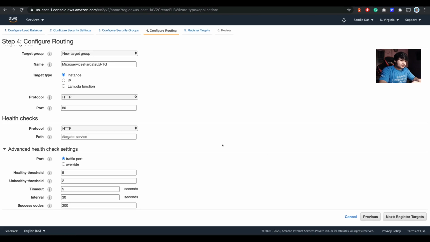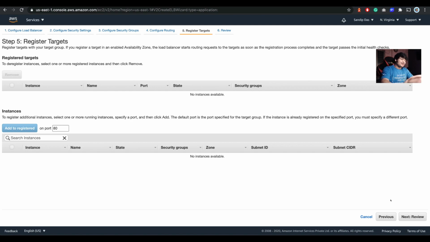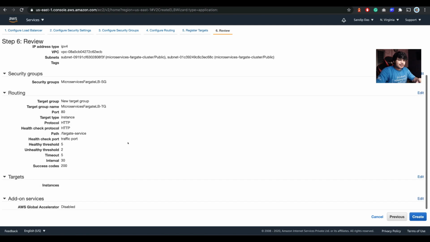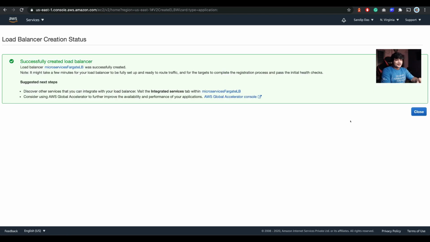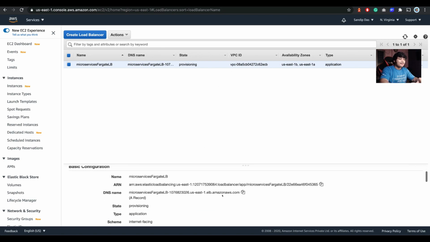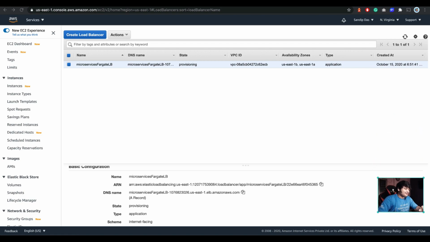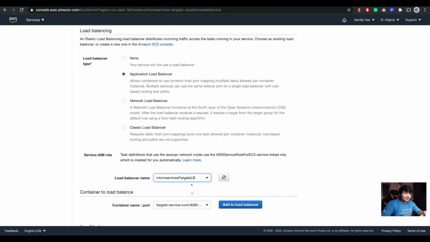Okay, and then click on these targets. Don't do anything, just go with the review, and that's it. Create it, and see, everything's created. Close. You have your load balancer ready. Now for provisioning, it takes some time, so give it some 5-10 minutes. Sometimes it may take more or less, but that is fine. Now we have your load balancer ready. Good, and you are good to go here. Do refresh and see, the load balancer came here.